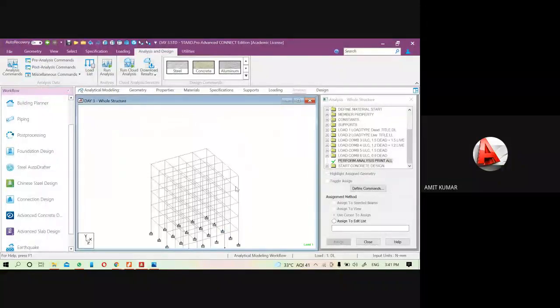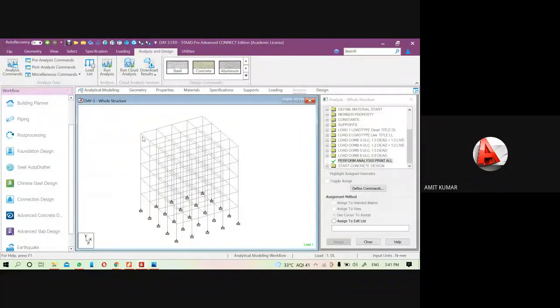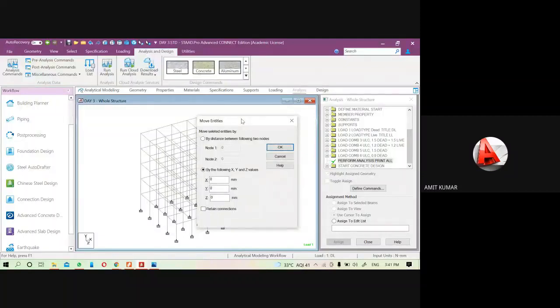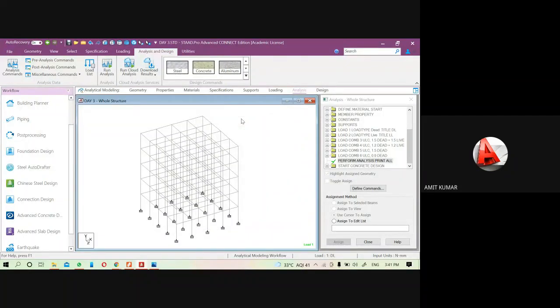Same thing will happen if you have any slab here and the thickness of the slab is very small, but you will get the output for the elements. For a beam it will show you the percentage value exceeded or anything for your member. Member means your beam or column, and element is for the slab.